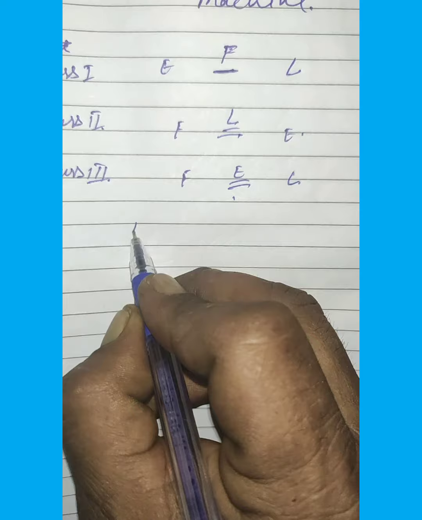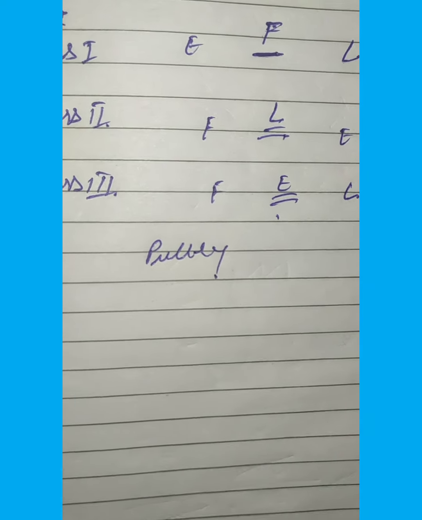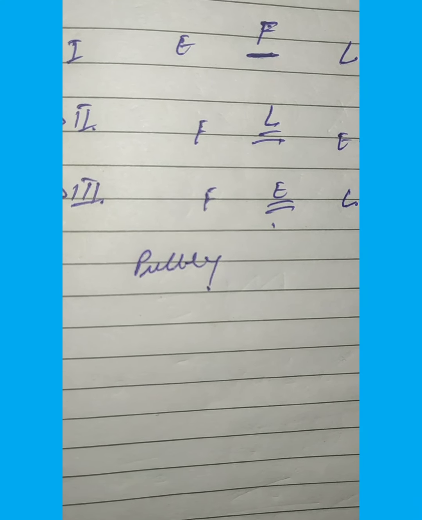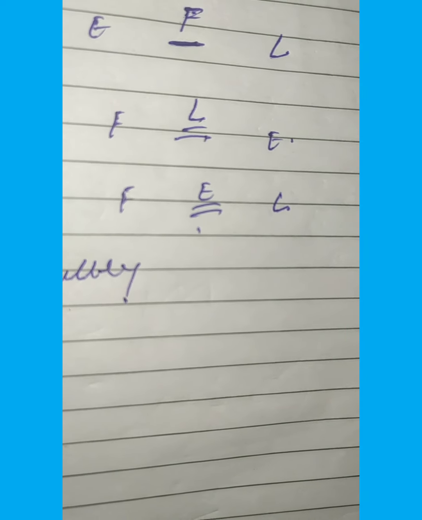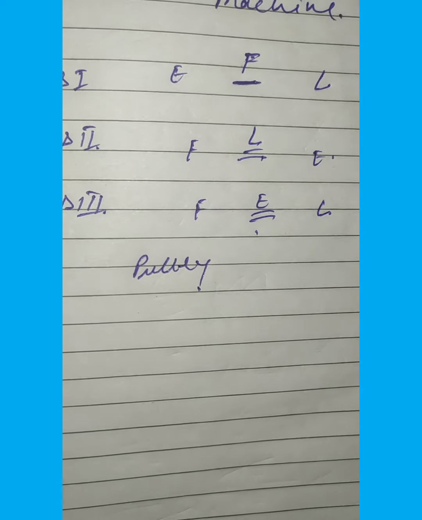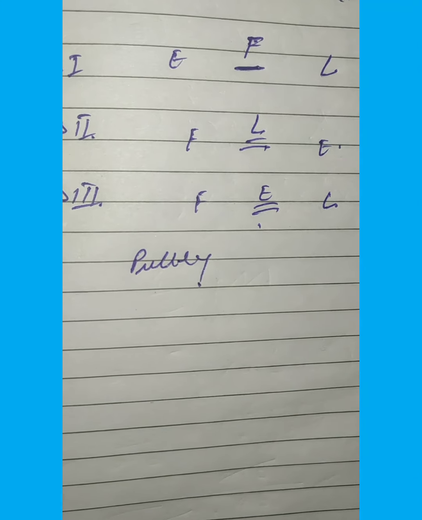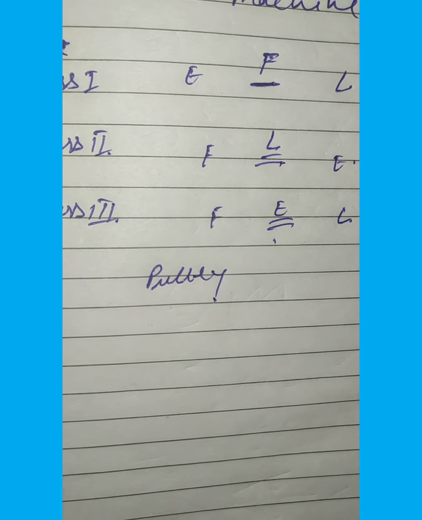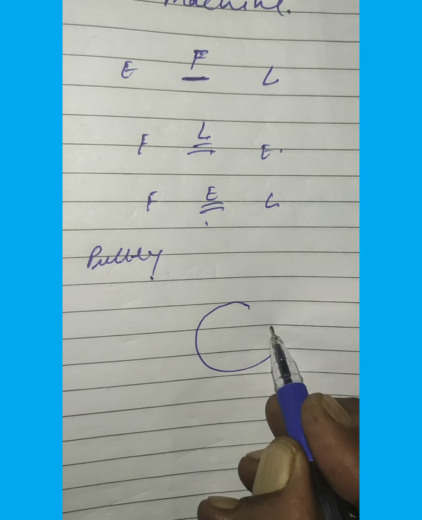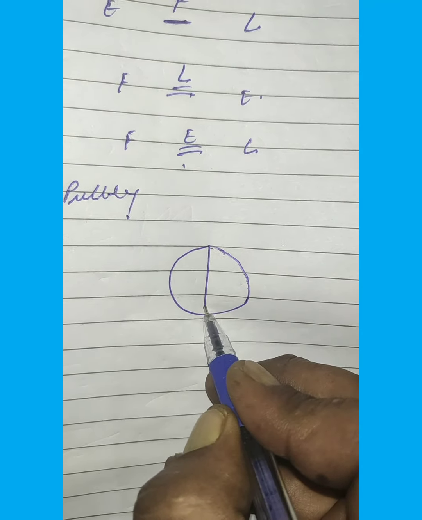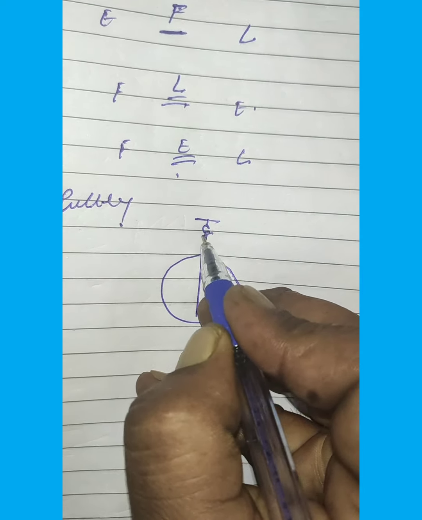Now, the pulley. A simple pulley is a metallic disc with a grooved rim. A string or rope is passed around the groove at the rim. The disc rotates about the axle passing through its center. The axle is fixed rigidly to the frame. This pulley is hung with a string from the rigid body.